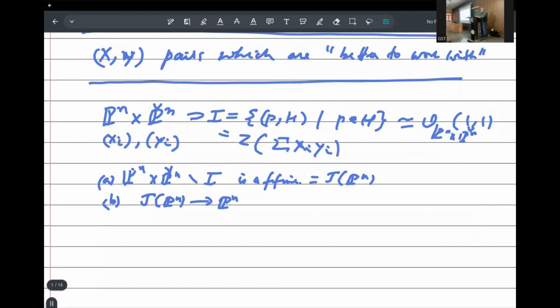The fiber at each point is all hyperplanes containing that point, and then we have all hyperplanes, and then we are removing the hyperplanes which contain the point. So for Pn, the fiber is Pn dual minus